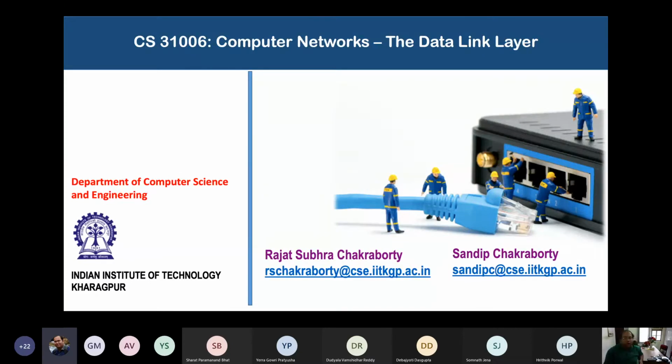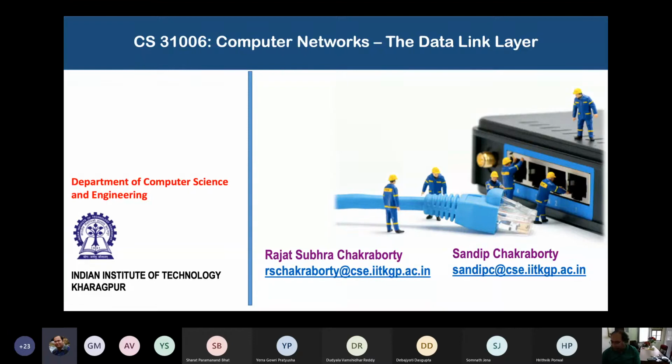So the functionality of the data link layer is to make an interface between the hardware component of the internet and the software component of the network. That means the data link layer takes the signal from the hardware and converts it into frames, data streams, or data packets, and delivers it to the upper layer of the protocol stack. We'll look into the details of how these things are handled in a typical machine.